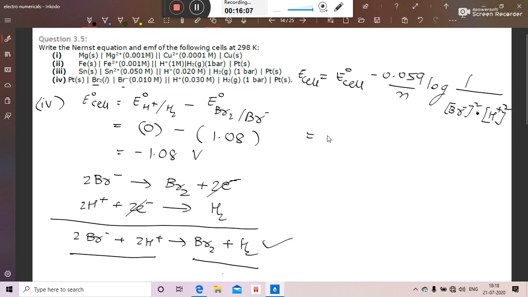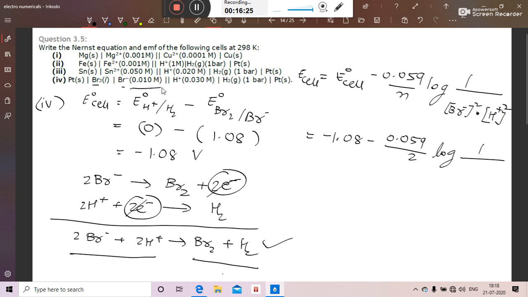and it is also 2 times, so raised to 2. So it is equal to, now instead of E naught cell, we will write minus 1.08 minus 0.059 upon n. So the number of electrons gained or lost during the reaction is 2. So we'll write 2 in the denominator. Log of 1 upon concentration of Br minus is, so we'll drop the last 0. So we have got 0.01. So that can be written as 10 raised to minus 2, raised to 2, into concentration of H plus is, so here also we can drop the last 0. So we have 0.03. So that can be written as 3 into 10 raised to minus 2,